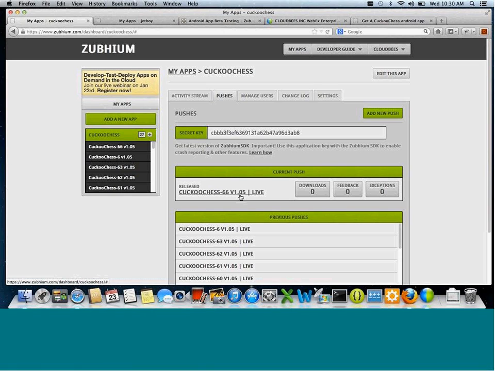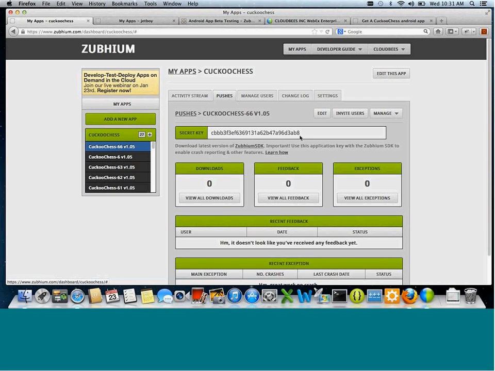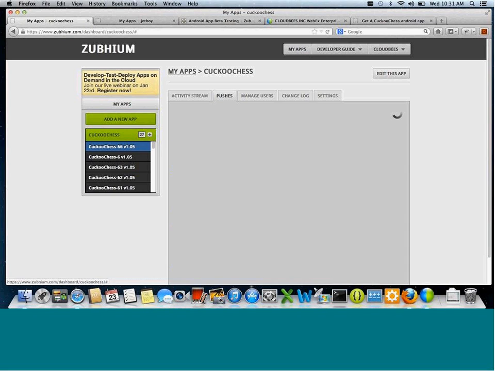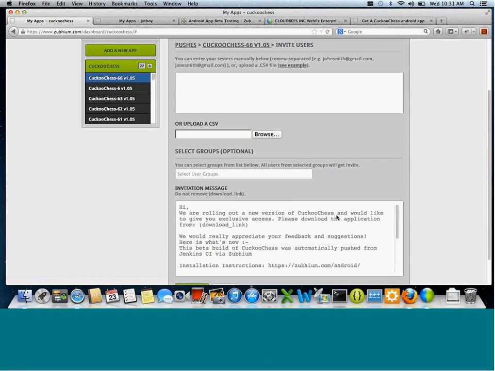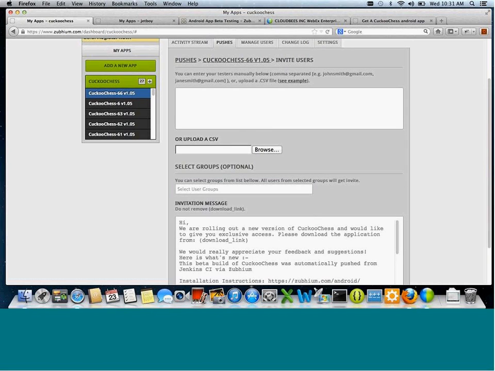So it's very simple. The distribution is very simple with Zubium. I'm going to select the build, which has the integrated Zubium SDK, and I just go here and say invite users. Now I can write a totally custom invitation email, and the user will get an exclusive link to download the application with notes, whatever Mark specified. Select the webinar group and we'll